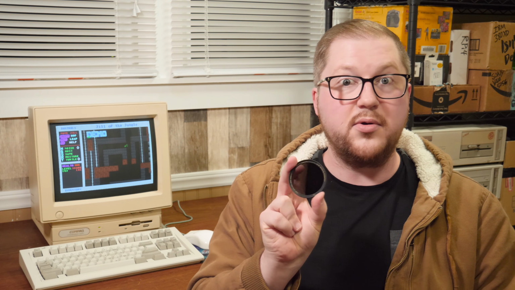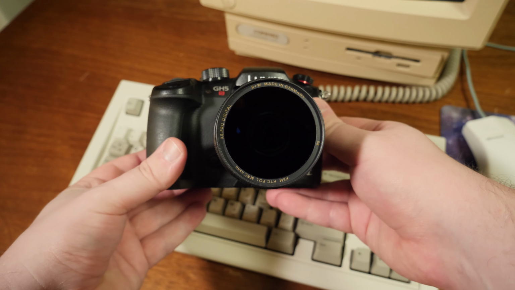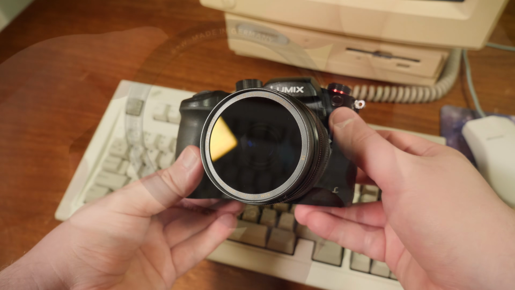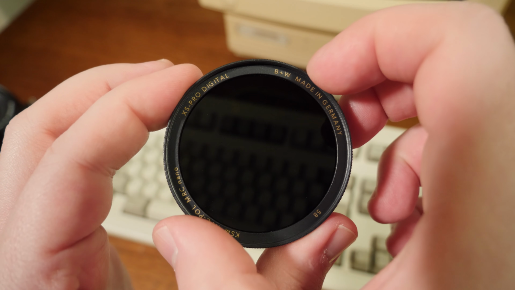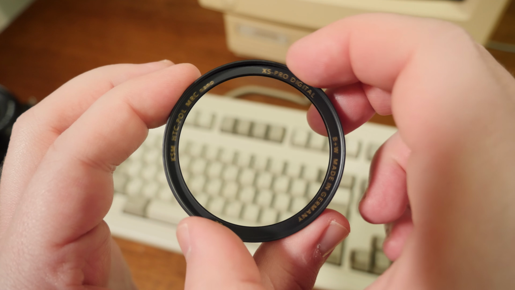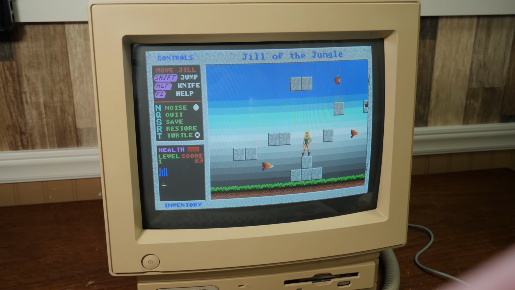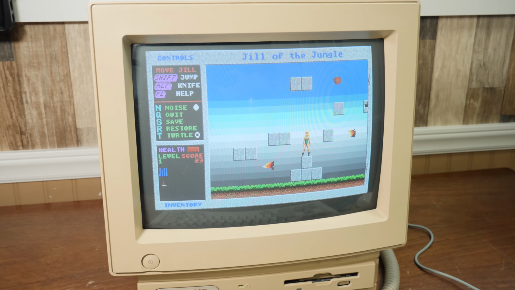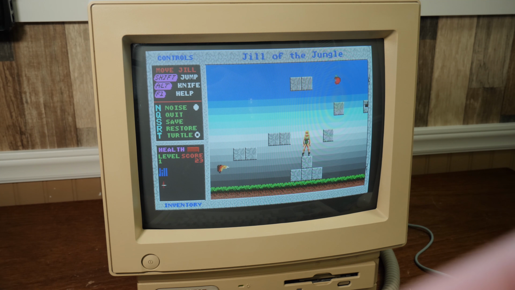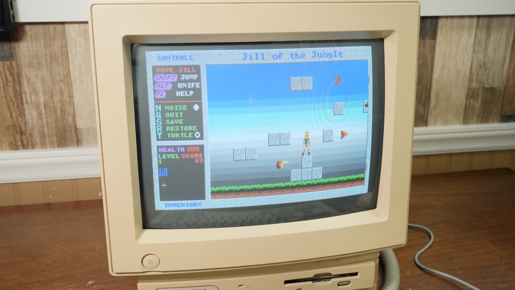So one thing that I love using are these little filters here. This is a circular polarizer. It is, of course, going to, being that it is, you know, darkened and such, you're gonna lose some stops, and your image is gonna be darker. But as you can see here, just sort of plopping it on and off the lens, not only is the CRT looking darker, you know, as far as the black levels and whatnot, but everything it really is.